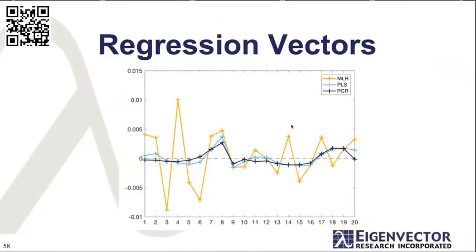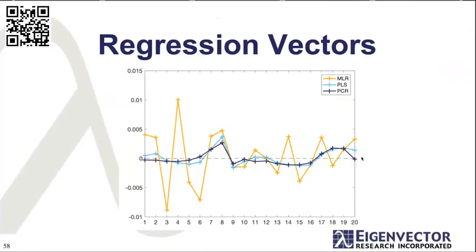Regression vectors. Remember we looked at the MLR regression vector, this yellow one, and we saw this ringing in the coefficients. And we said that that was due to the ill conditioning in the X transpose X. Well, that ill conditioning doesn't look like it's affecting our regression vectors here for PCR and PLS nearly as much. In fact, it looks like we have important regression coefficients right about where the action truly is in the temperatures in the thermocouples due to changing levels, whereas at the bottom and in the plenum, we're seeing less significant